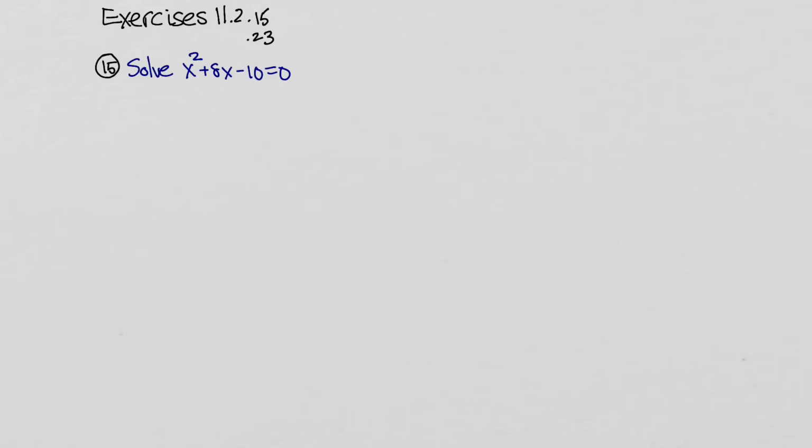So let's use the method of completing the square to solve this equation here. Now it's not going to factor, right? I mean, what are you going to use for 10? 10 and 1? You can't get an 8 out of that. What about a 5 and a 2? You can't get an 8 out of that. 5 and 2, you get a 7 or a 3. So this is not going to solve by factoring, so we need another method, and our method is going to